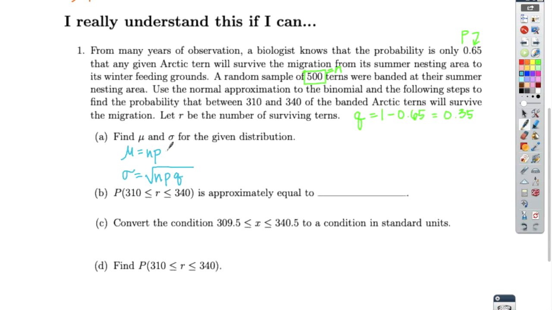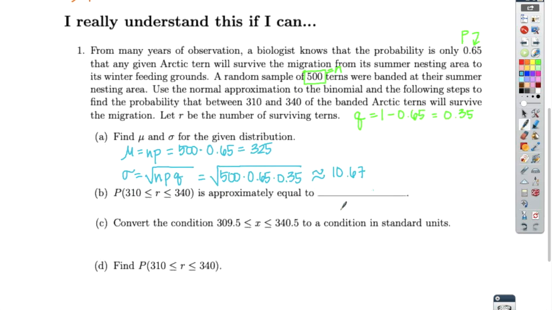Mu equals NP. Well, everywhere I see an N, I'm going to put 500. Everywhere I see a P, I'll put 0.65. So 0.65 times 500 is 325. So there's my mean for this distribution. Now, square root of NPQ. So everywhere I see an N, 500. Everywhere I see a P, 0.65. And everywhere I see a Q, 0.35. And I'll round this to 2 decimal places,